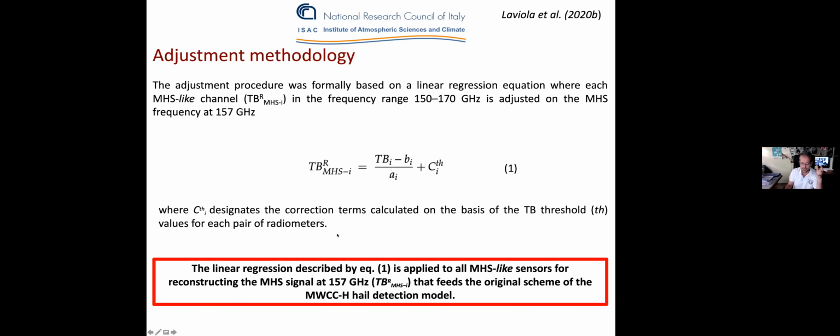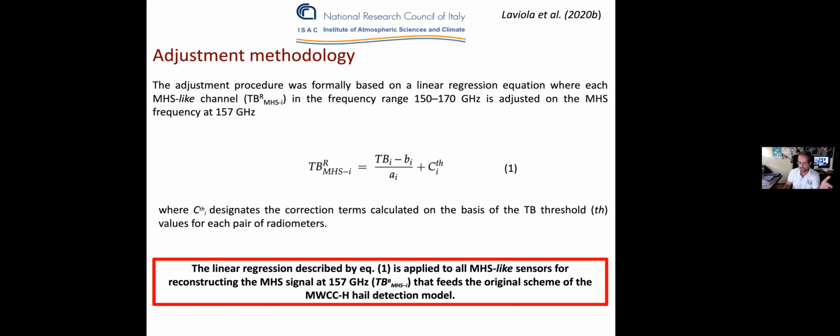This linear regression equation is applied to the whole MHS-like sensor, just for reconstructing the MHS signal at 157 gigahertz. Then we have the original signal from the MHS at 157 gigahertz and the reconstructed signal at 157 gigahertz from the MHS-like instruments, and these two contributions feed the original model